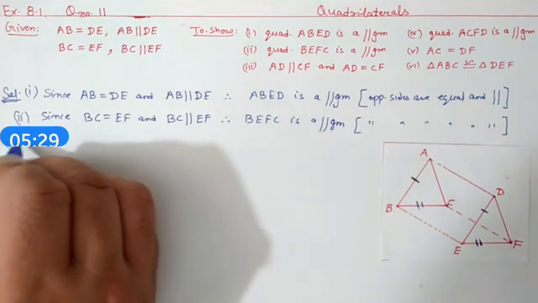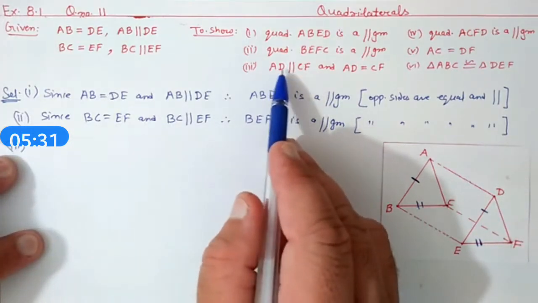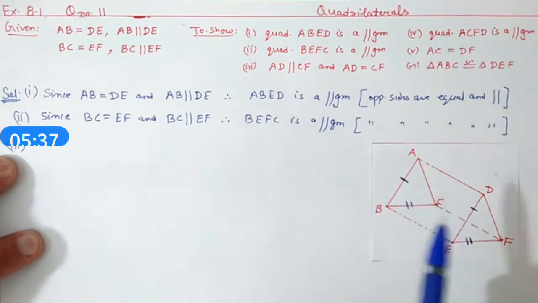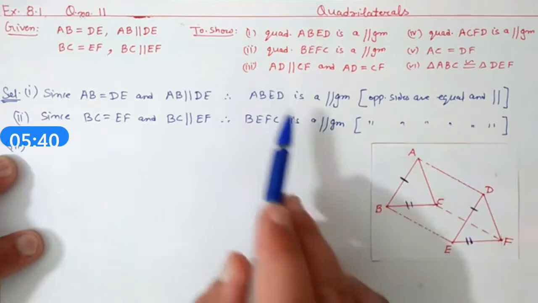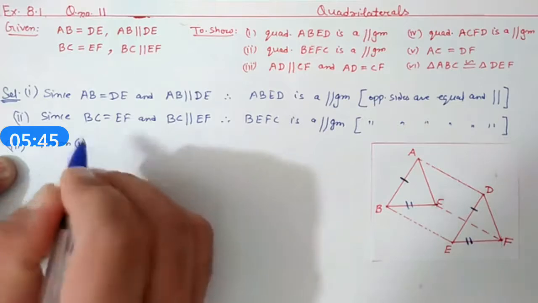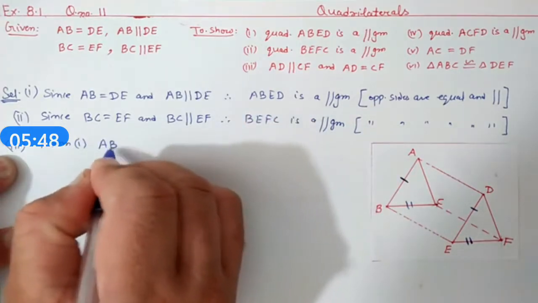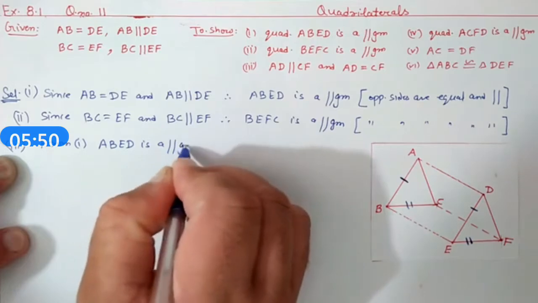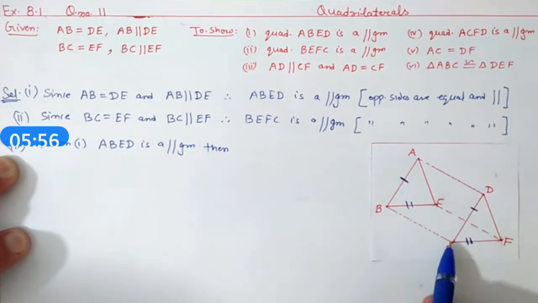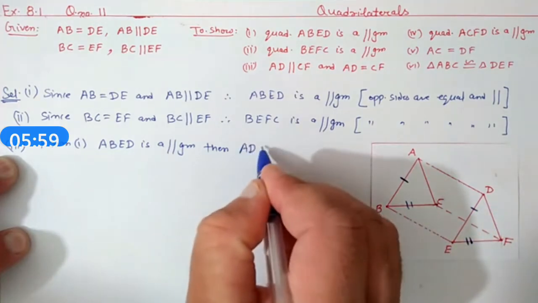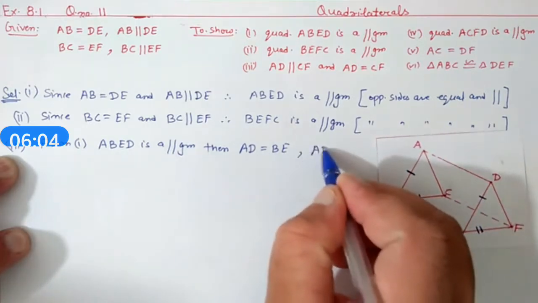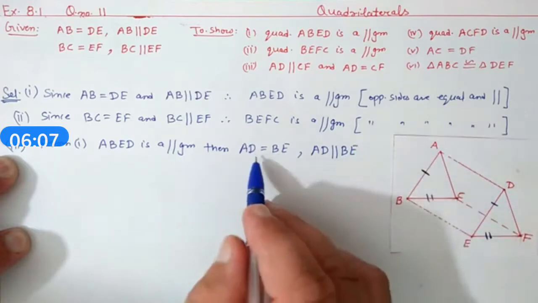Now move to the third part, quadrilateral ACFD. Sorry, AD parallel to CF and AD equals to CF. We have to show firstly this thing. So you can see, from first these two parts we will move to the third part. So from first, ABED से आप find out करेंगे बेटा. ABED is a parallelogram है आपके पास. So AD is parallel to which side? AD is parallel to BE and AD is equal to BE. आप इसको ऐसे लिखेंगे बेटा. AD is equal to BE and AD is parallel to BE.